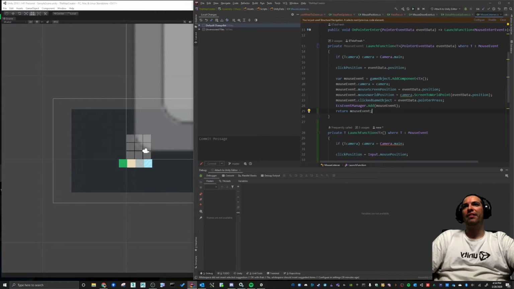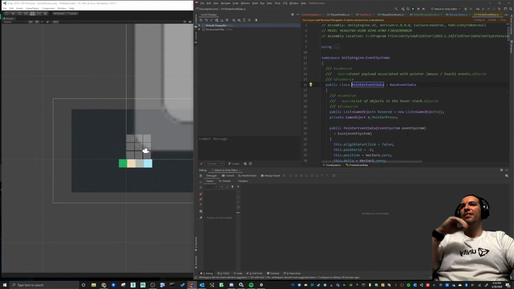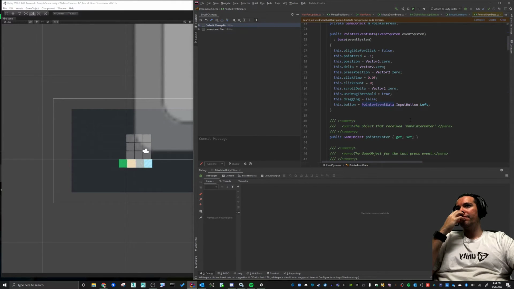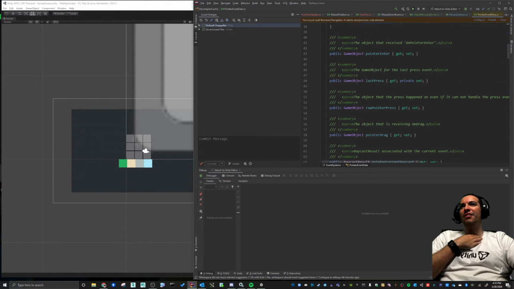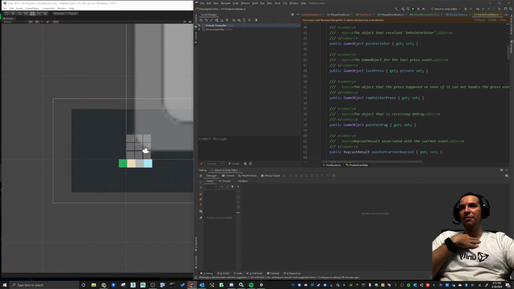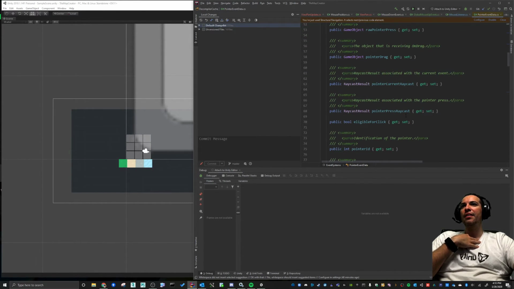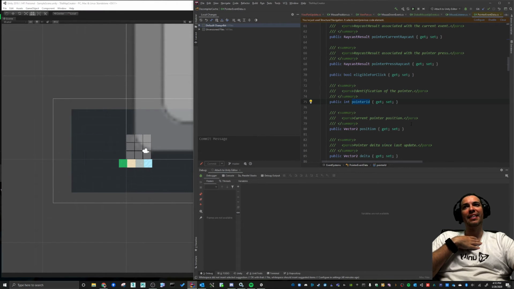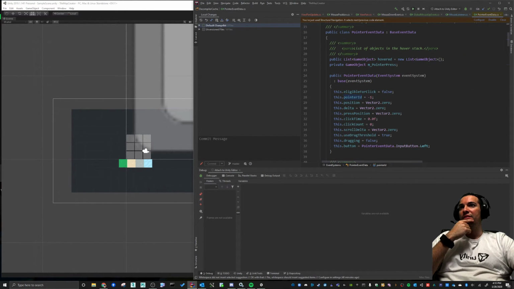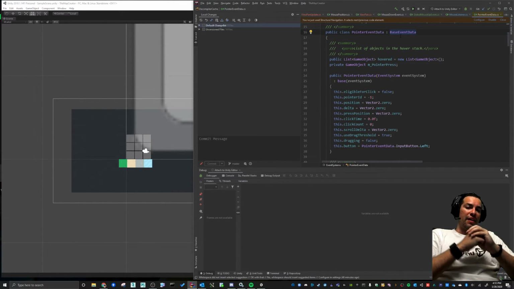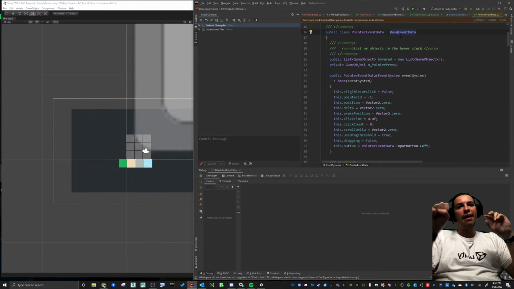Let me learn more about this pointer event data. I don't actually need to know the implementation. That was not expected. So we have the pointer enter, right? Last press, raw pointer press, pointer drag, raycast, pointer ID. Yeah, that's really one of the things I wanted to know about, the pointer ID. You're a struct, aren't you? Or are you a class? You're a class. Okay, so we'll have our pointer ID. So we can grab the pointer